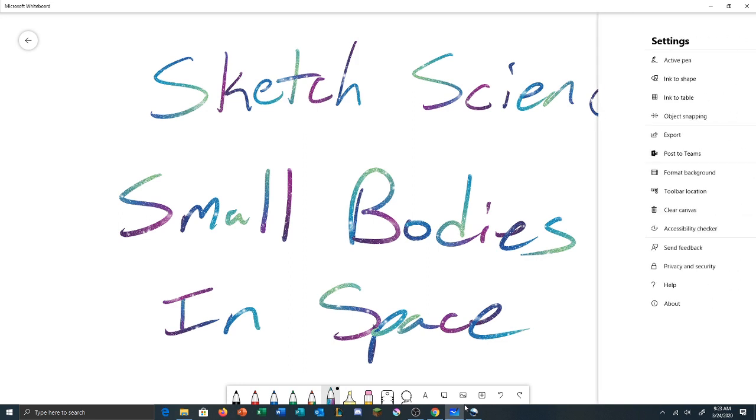Now, there are a few different small bodies in space. One of them, like we said before, are moons. Now, we have a moon around Earth. Our moon orbits the Earth. It doesn't orbit the sun, it goes around us. A moon is an object that orbits a planet. It doesn't orbit the sun, it orbits a planet. They orbit larger bodies. Even dwarf planets could have moons. Moons are just an object in space